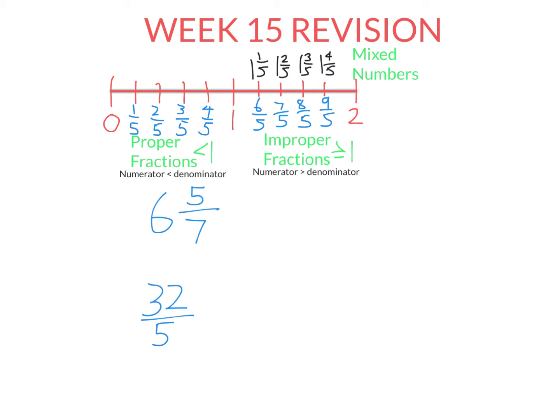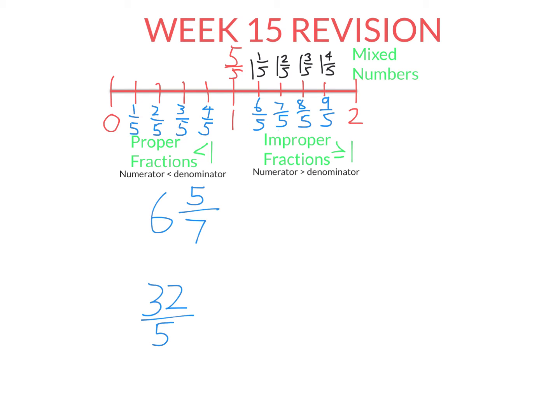So numbers like 1/5, 2/5, 3/5, 4/5, they are all proper fractions. Now they're all less than 1. Remember, 1 would be 5/5 if we divide the number line into fifths. And of course 4/5 is less than that, so too 1/5 is less than a whole. So this is what we're used to dealing with, but this week we looked at a different type of fraction